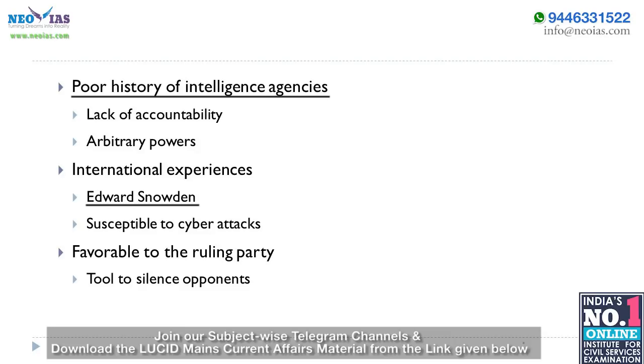Another concern is the misuse of such provisions by the ruling government. Many times, agencies like the Film Certification Board have been accused of being used as a tool for the government to silence its opposition. So, if the government is given arbitrary power in cyberspace as well, it can invite severe violation of the right to speech and expression. Last, and another significant concern, is that the order was issued without any wide consultation with the concerned parties.